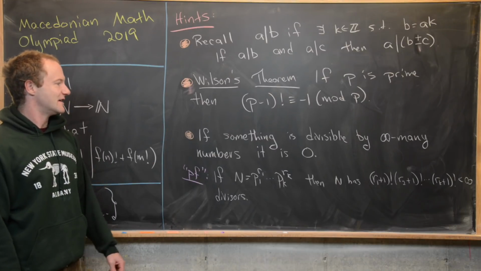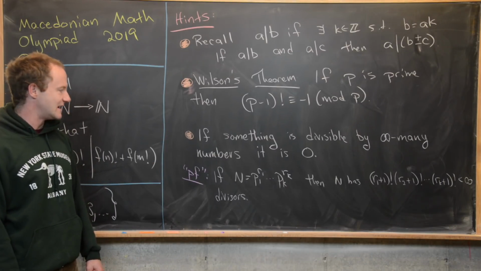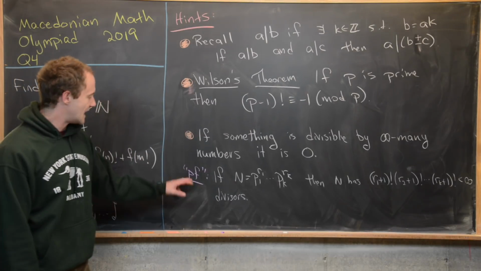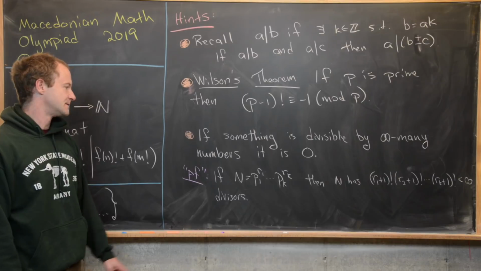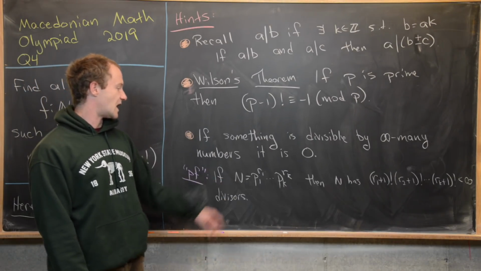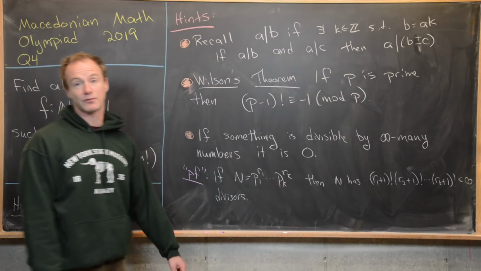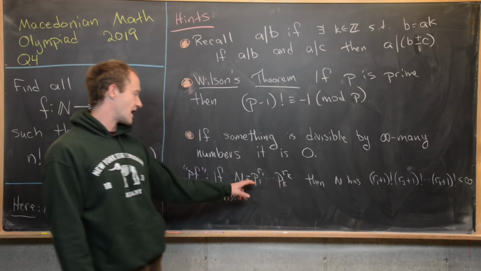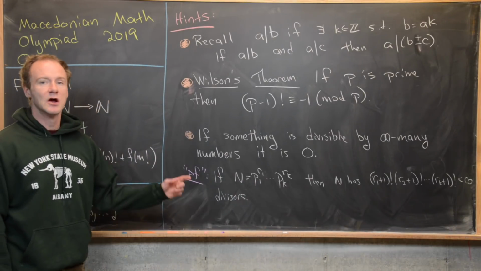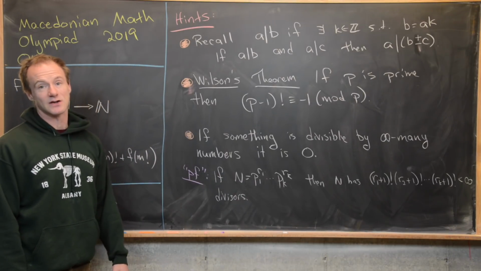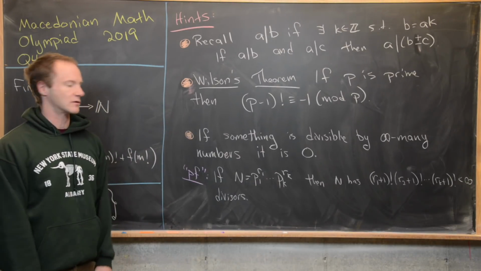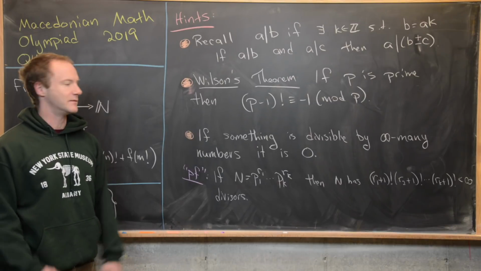Next thing that I want to say as a hint is this fact. And that is if something is divisible by infinitely many numbers, that something is equal to 0. And now here's a little proof of that fact. So let's suppose we've got a non-zero number. So any non-zero number can be written as a product of primes. So here I have p1 to the r1 times all the way up to pk to the rk, where those pi's are distinct primes, and these ri's are just the powers that are required there by the fundamental theorem of